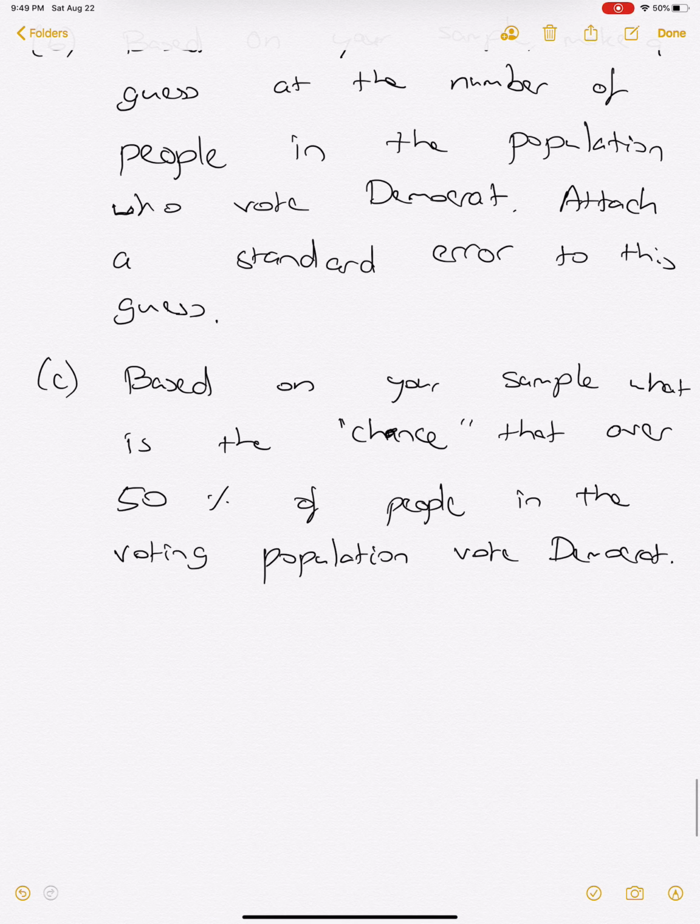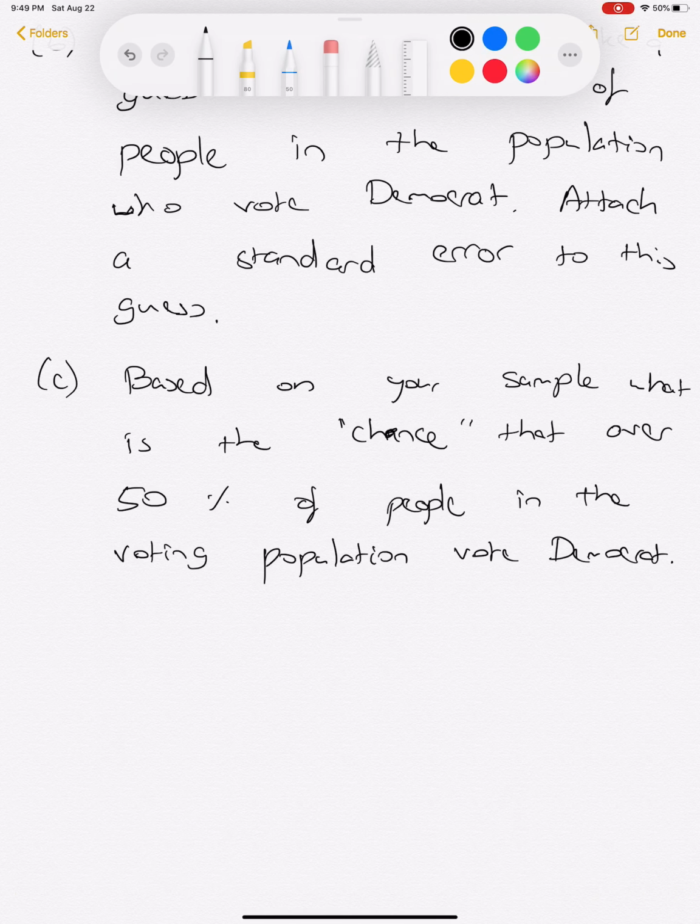And I put the word chance in brackets here because, as you'll hopefully see, this is not actually a chance or a probability. It's something that we like to think of as the closest thing we can think of to a chance or probability. And again, these are questions that we haven't actually learned the tools for, but they're more about setting up what we're going to see in this course. So for part A, once again,